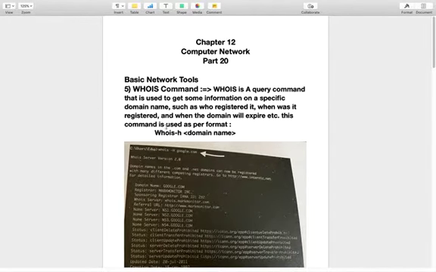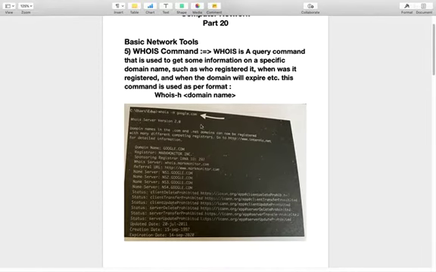This command is used as per the format. So whenever we want to know about a website or some specific information of a domain name, or who registered the domain and when it was registered or when it will expire, that time we will use this whois command. Like here in this example we write whois -h google.com.